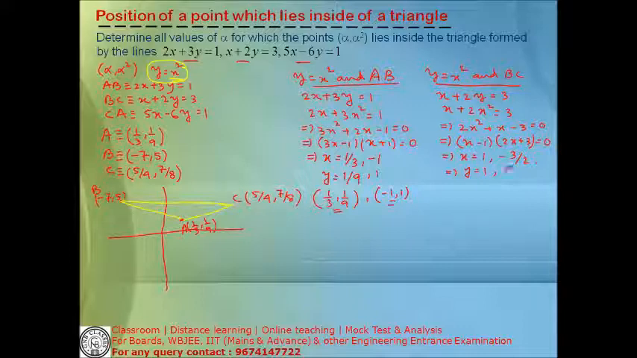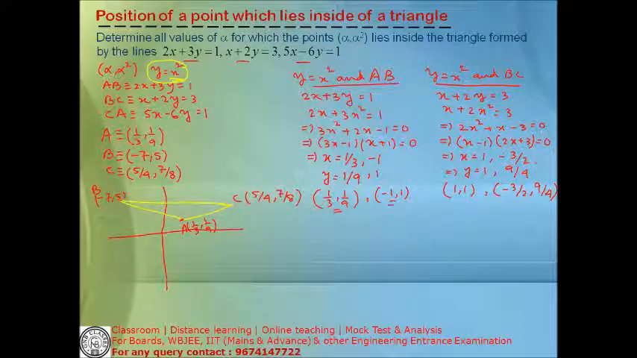Therefore, the points where the parabola is touching the side BC are the point 1 comma 1 as well as the point minus 3 by 2 comma 9 by 4. Is this clear? Now next one is the parabola y equals x square